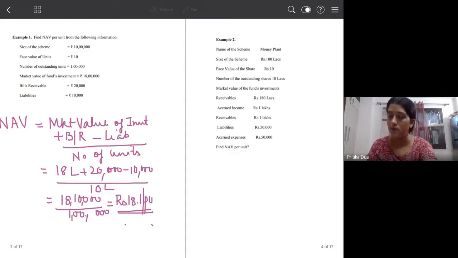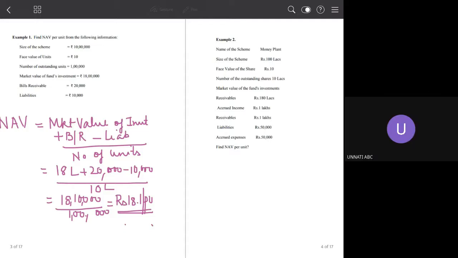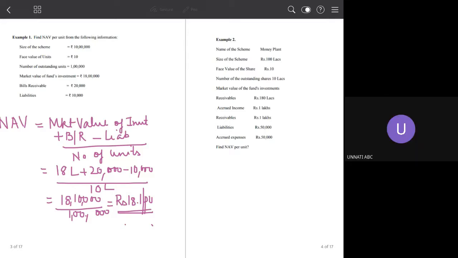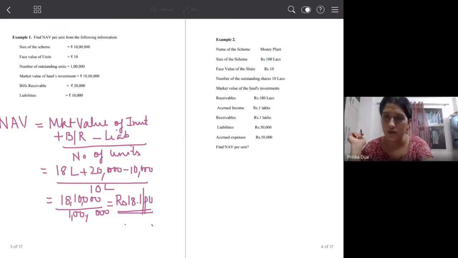So which means only one of you has solved the question. What about others? Yes, Unnati, unmute yourself. Yes, ma'am. Have you solved the question? Yes, ma'am. How much is the value coming to? Ma'am, one sec. 1.81. Yes, okay. Madhav is also getting the same value.